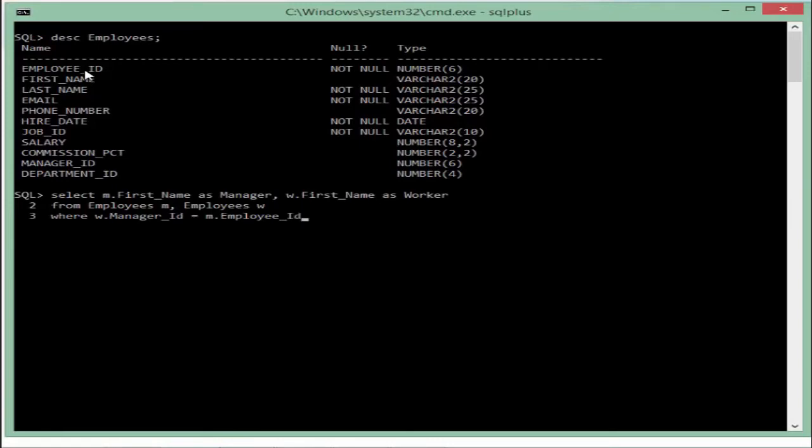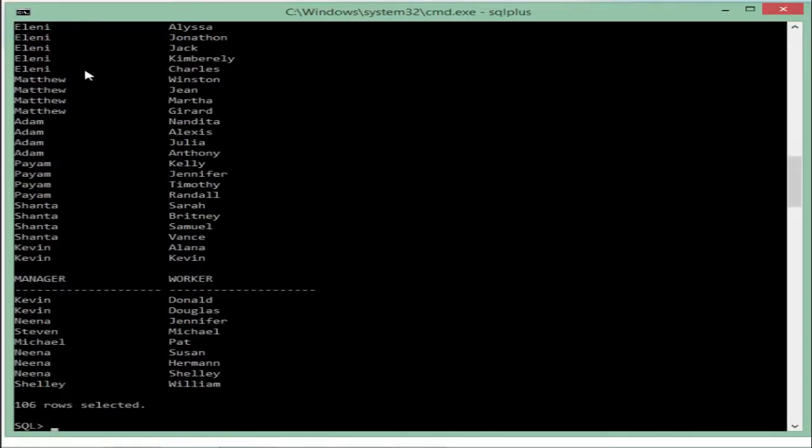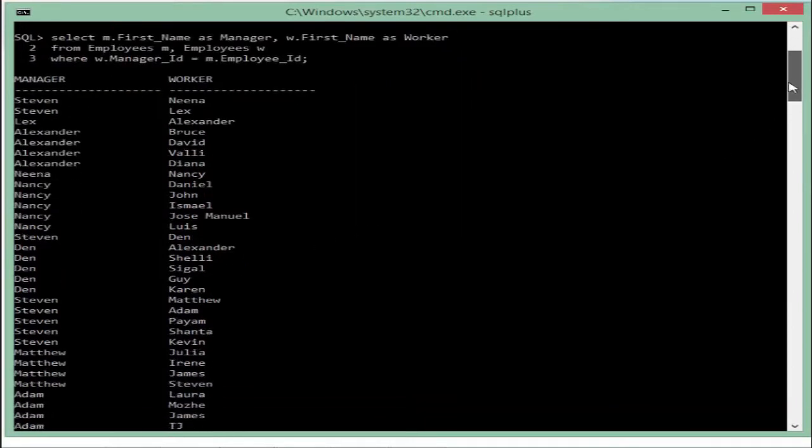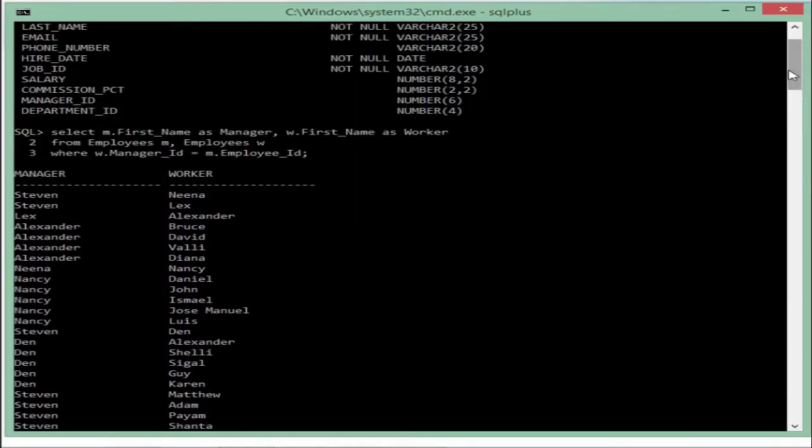Alright, so that's as simple. And here you can see all the managers and workers are coming together. Like Stephen is the manager of Nina, Stephen is the manager of Lex, Lex is the manager of Alexander, Alexander is the manager of all these members. Alright, similarly Nancy is the manager of all these members. So this is how you can actually make the self join, where you will only use a single table for